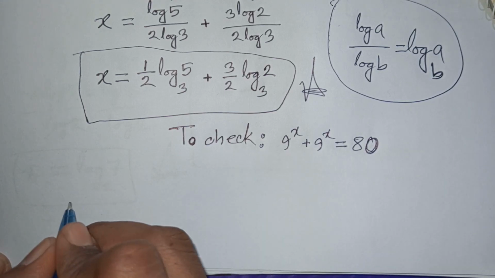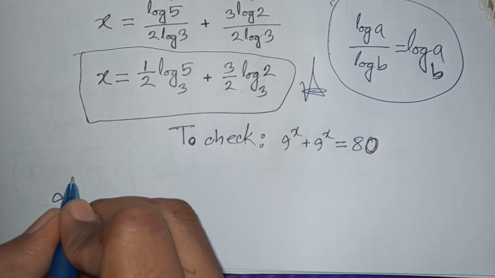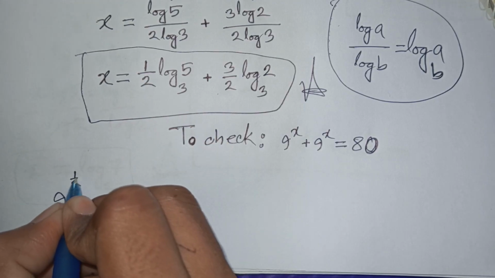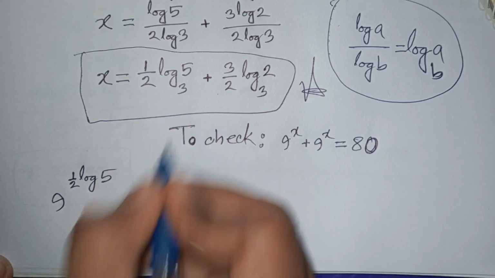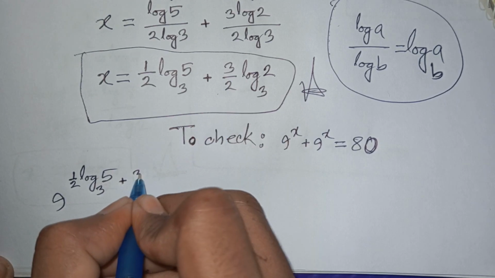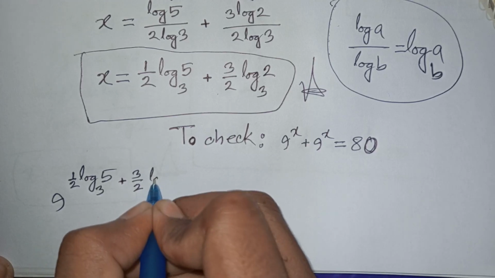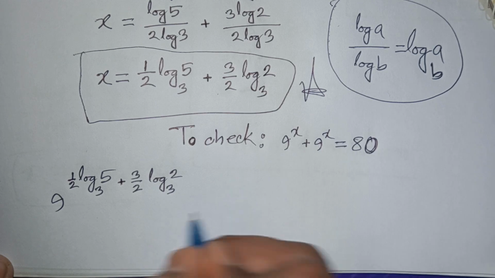Now 9 power of x, that means the value of x is 1 over 2 log 5 base 3 plus 3 over 2 log 2 base 3, then plus